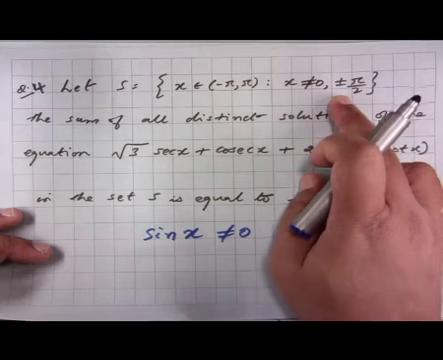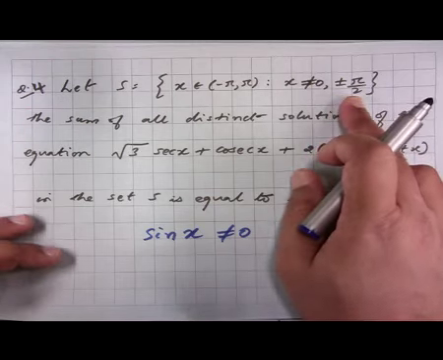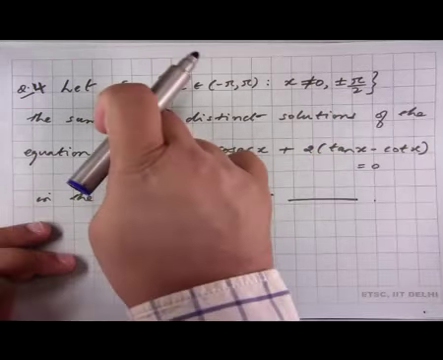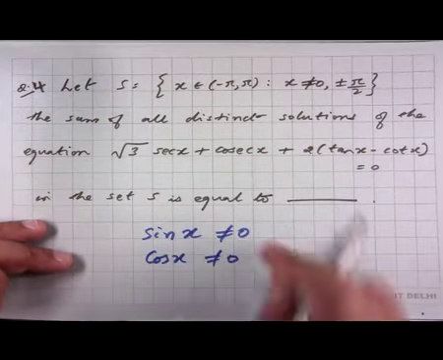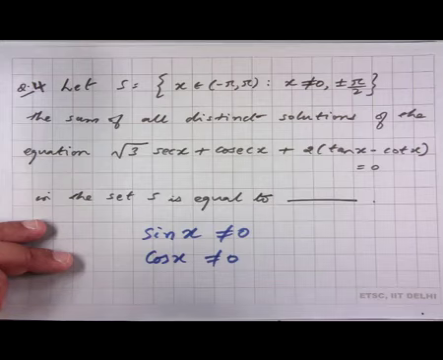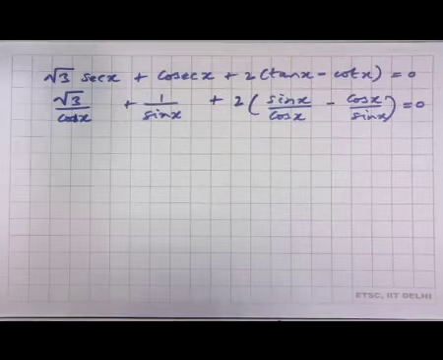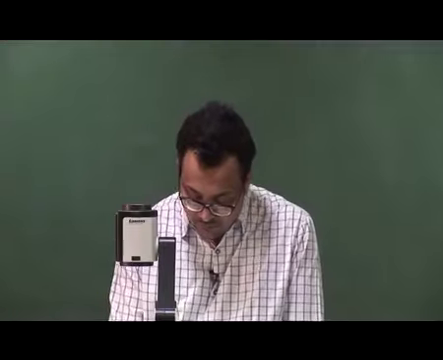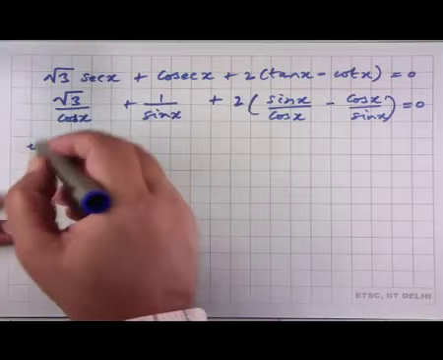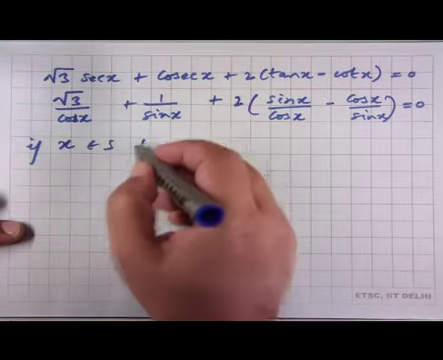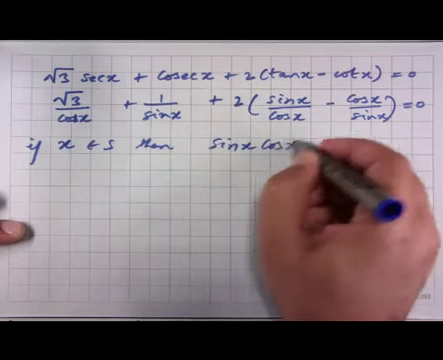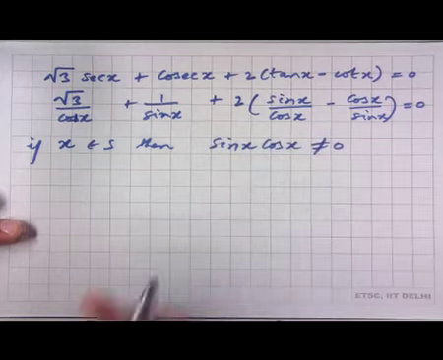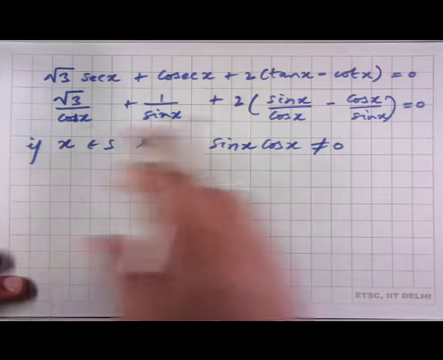Similarly, since x is not equal to plus minus pi by 2, for all x belonging to this set S, cos x is also not equal to 0, and hence their product is also not equal to 0. So, we know that if x belongs to S, then sin x times cos x is not 0, and therefore,